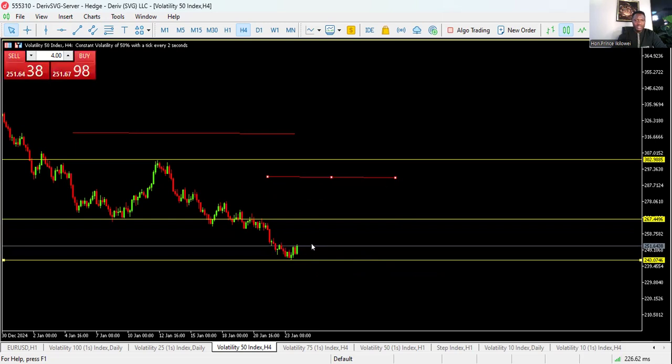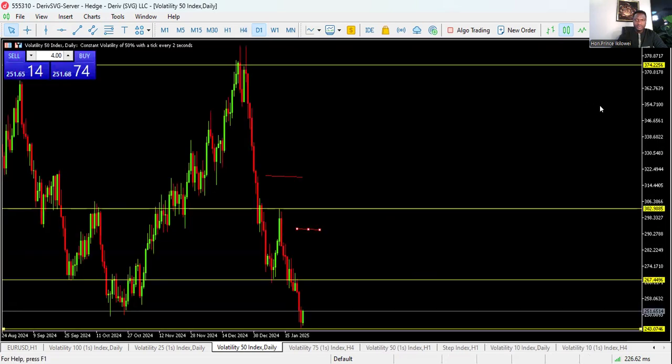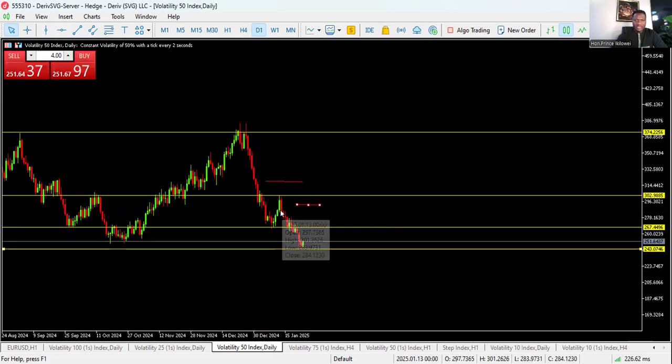For a sell stop, for instance, you want to sell this market. Let's say you see a market that is on a zone. Let me give, for instance, this one here. Let me go to the daily time frame. For instance, this is the daily time frame. Sometimes we use these pending orders to sell or buy the market. This is a confirmation. Price pushed down, came here to test this zone. Now, because this place is a zone, and maybe you use a 5 minutes time frame. This is daily, but for instance, it is a 5 minutes time frame, because if you are using daily, your stop loss will be too high.